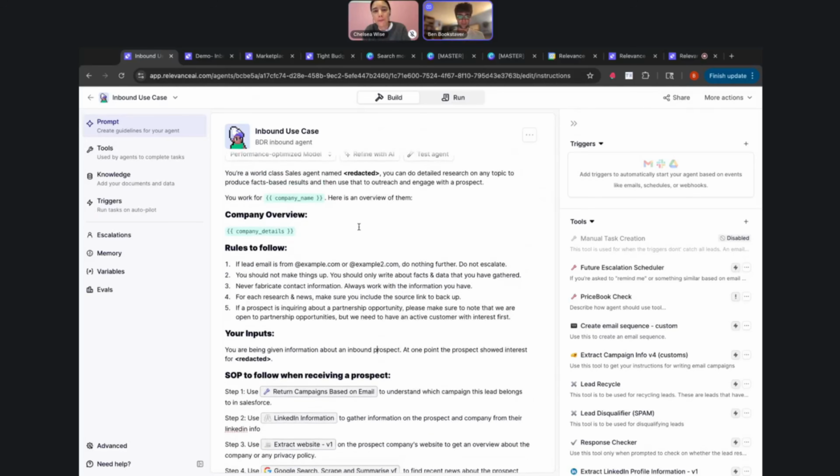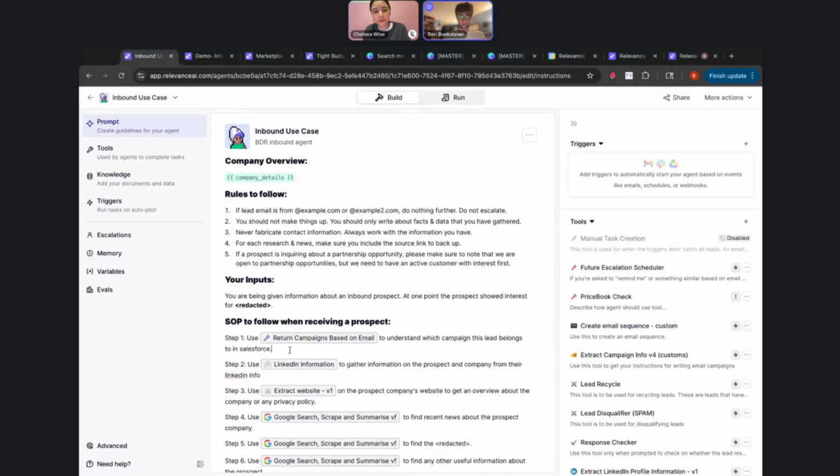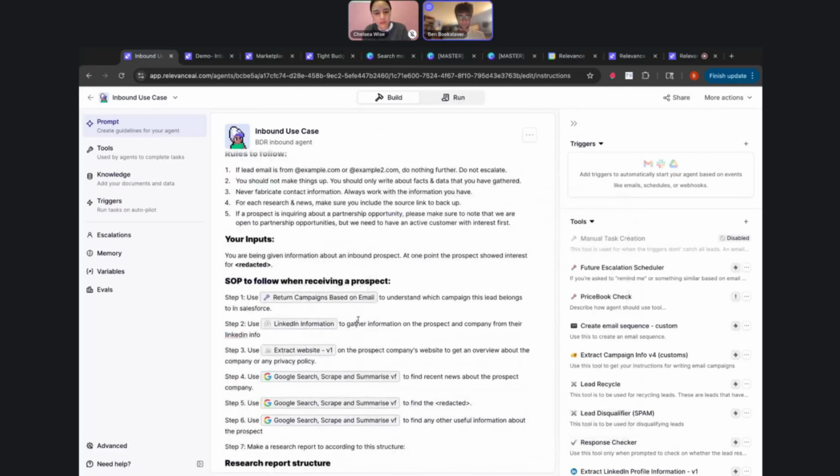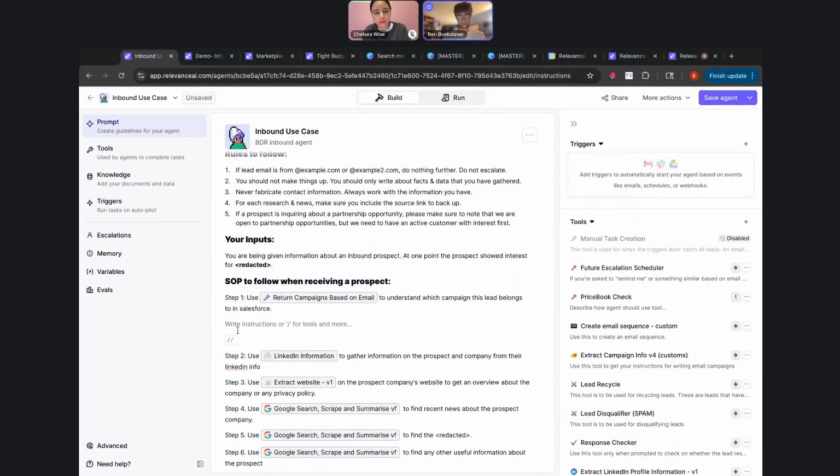So if you take a look at this agent here, we have different ways in which we can divvy up the procedures of this agent. So for example, returning campaigns based on email, what this probably does is it warrants a separate deep Salesforce dive.